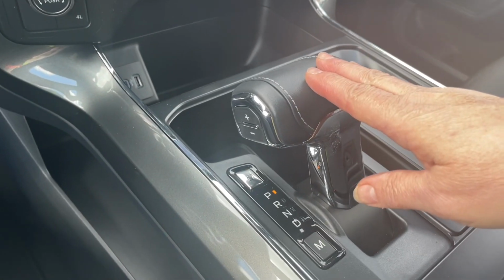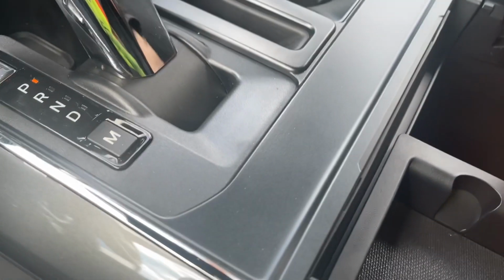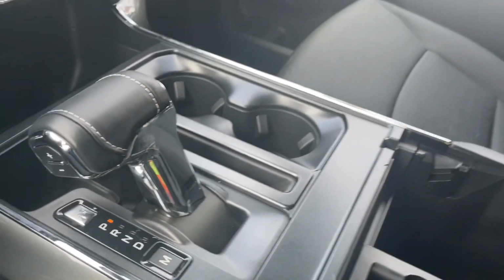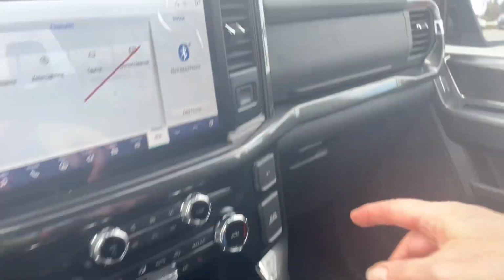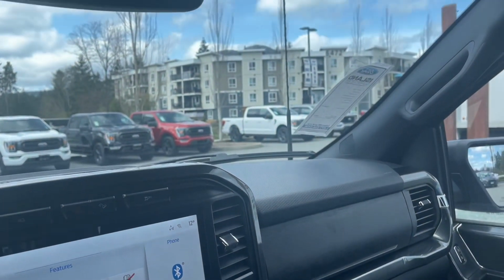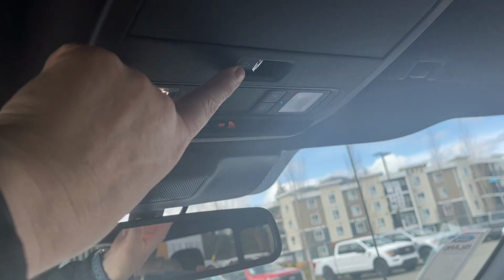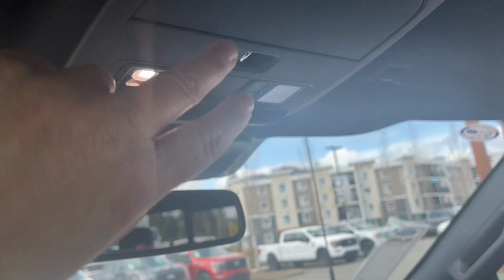And you have an automatic select shifter, a couple of cup holders, your armrest opens up, and inside you've got a little bin, you can take that out. You've got USB down there and lots of room to put things. And then off to the side, 2 glove compartments. The lower one's locking, the other one releases from here. Grab handle in the body, auto dimming rear view mirror, lighting controls, power sliding window, sunglass holder, and you're all